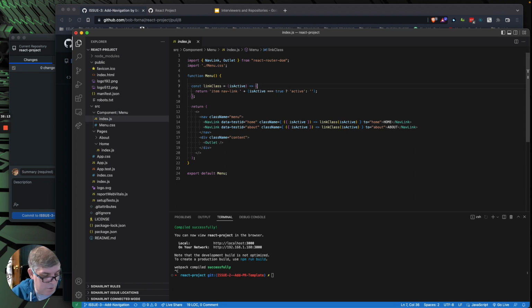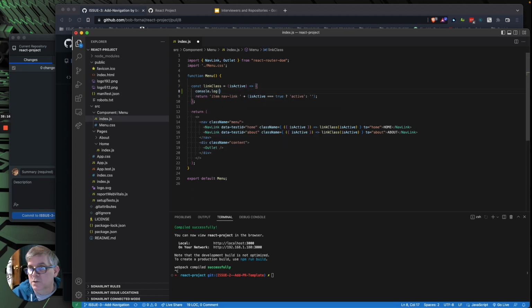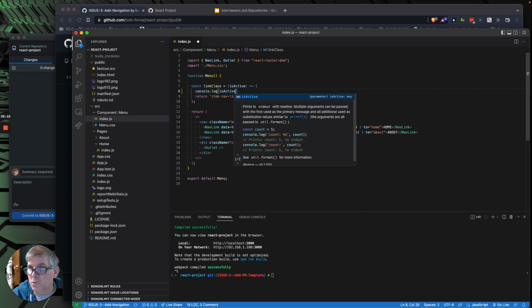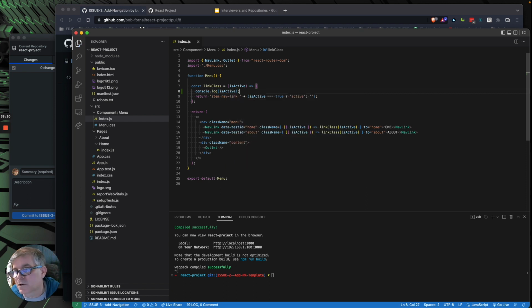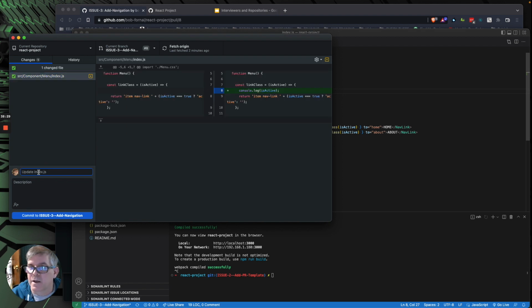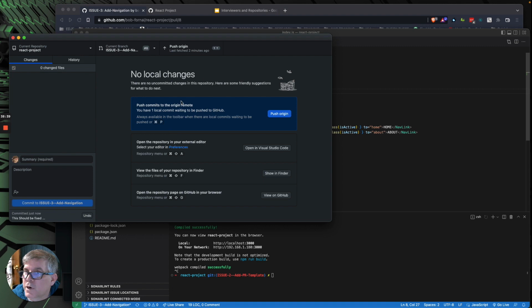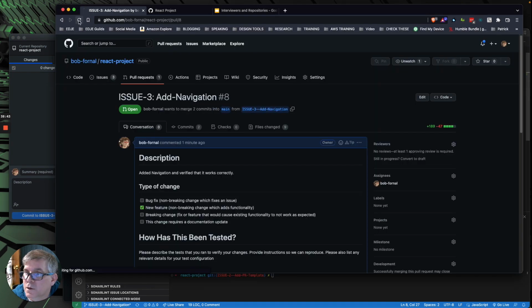Okay, so console.log the is active, and I'm one of those developers. I'll throw a console log in all over the place as I'm working because I want to see what is active is, so I make sure that I get this to work right. And I forgot to take that out when I pushed it into my repo. This should be fixed. Yeah, not my best typing, but we're going to add it. So if we come back to our main browser and refresh, we'll now see in the file changes.